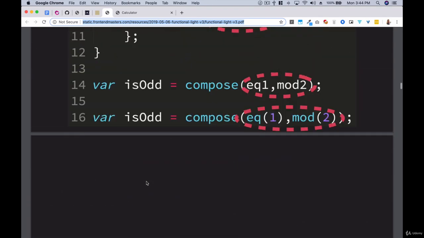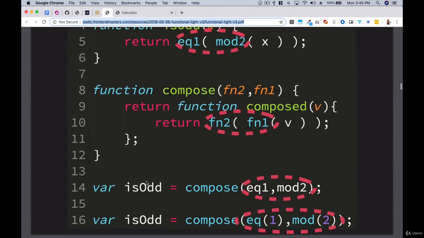this function, the first argument, whatever is passed to isOdd, is going to become v. Then v is going to be divided by 2, and then the result is going to be computed and compared to equals 1. And again, that looks a little convoluted right now, but that's why I wanted to make it as simple as possible. So again, walk through it a few times if you need to, and go through the exercises in